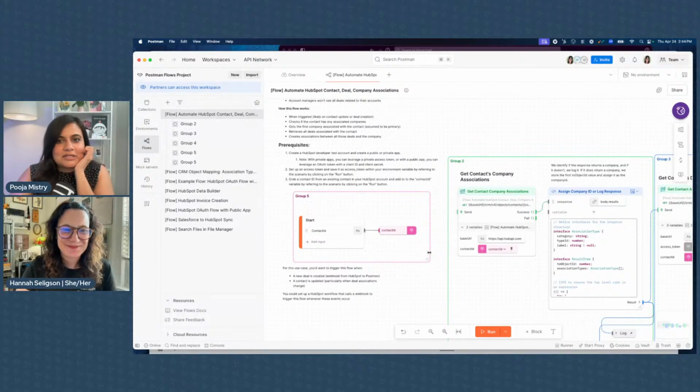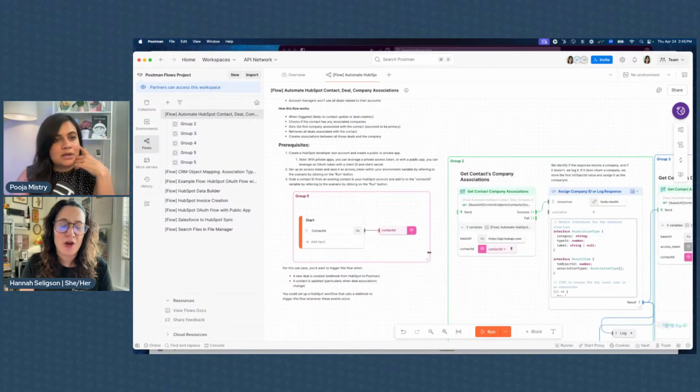And it's been fun to see how your projects have evolved with being on the public network. Have you seen the growth in your API usage because of being on the public API network?